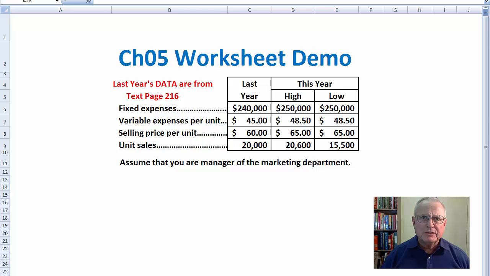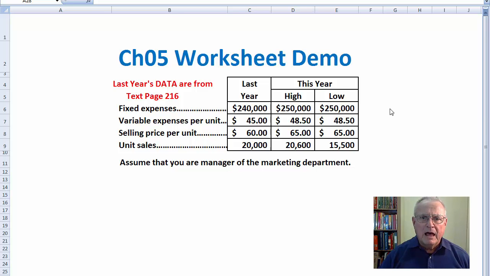I decided to do something a little bit different with the Chapter 5 worksheet. I took this data out of the text on page 216, so these numbers will probably be different from your own. And then the next thing I did is I want you to assume that you're a manager of the